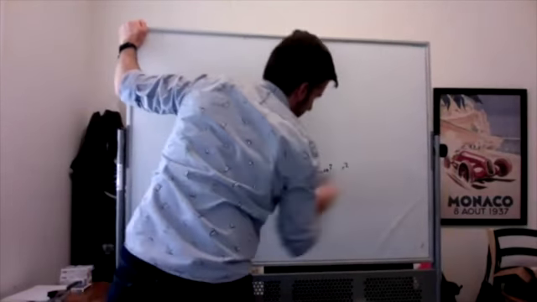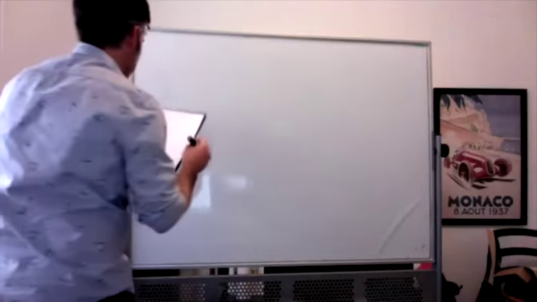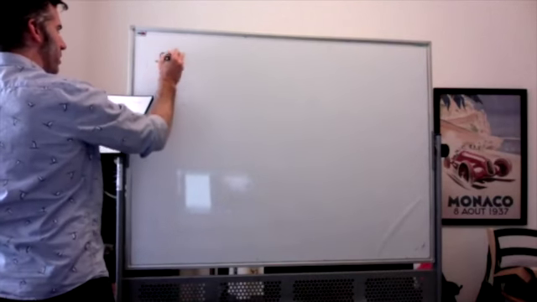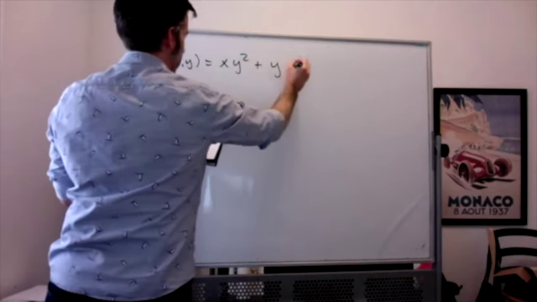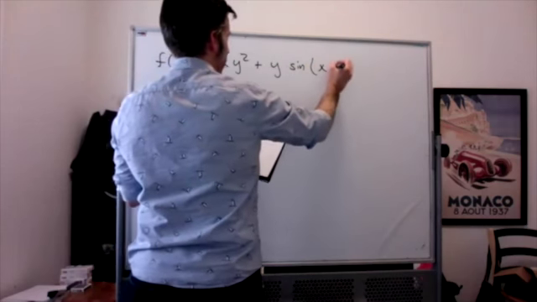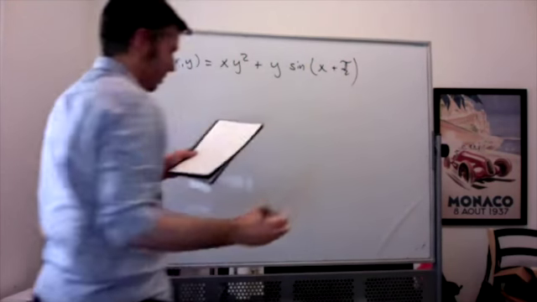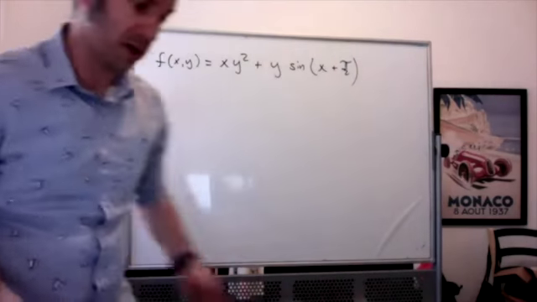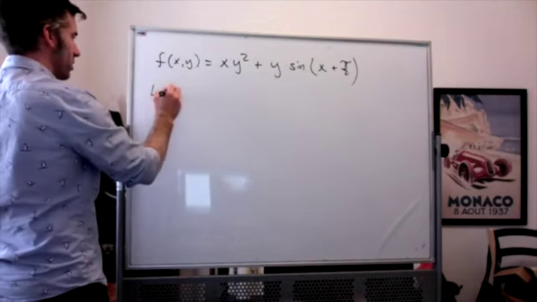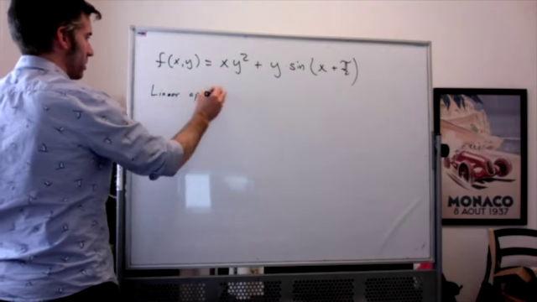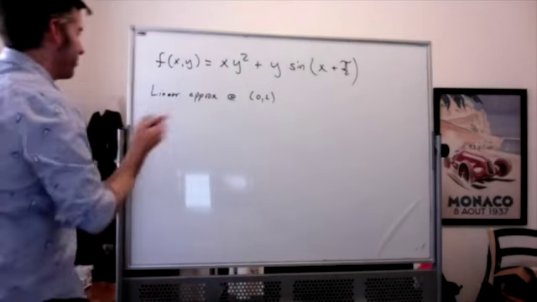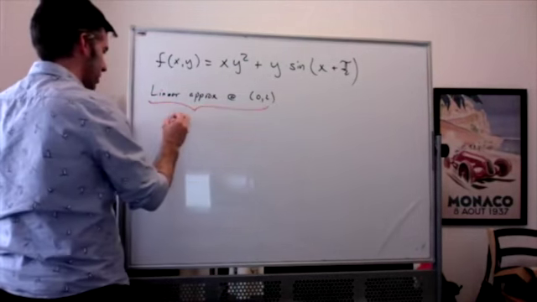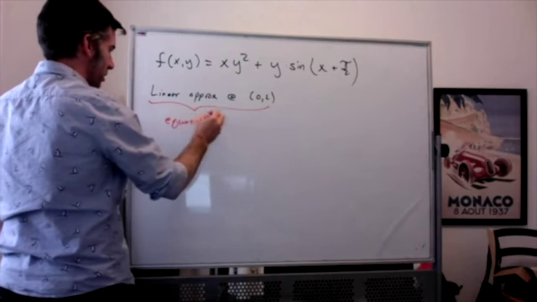So here's the question that somebody asked, and they said the first part was perfectly fine. I'm still going to go with that. So let's say we've got the function f of x, y equal to x y squared plus y times sine of x plus pi over 2. And we want to find the linear approximation at the point 0, 2, AKA the equation of the tangent plane